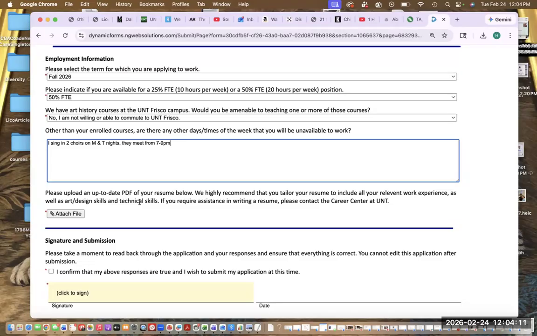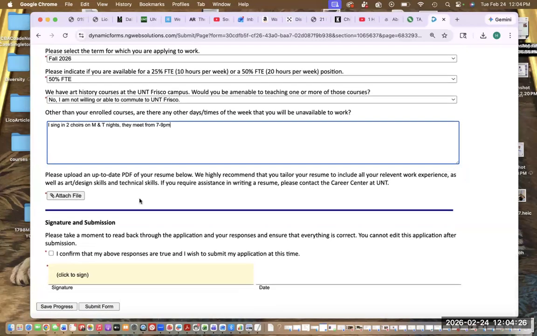If you have that design experience, we know that you're more versatile. Or more accurately, if your resume shows us all the skills you have, we know how versatile you are. So please make sure that you have all of your art and design skills and technical skills reflected there. So I'm going to go ahead and attach my resume there.